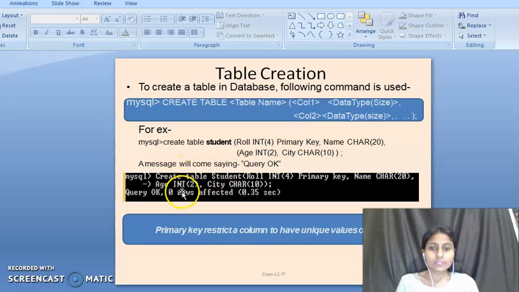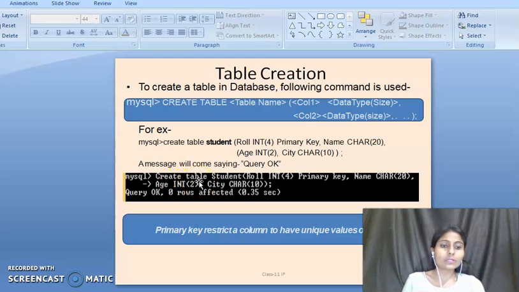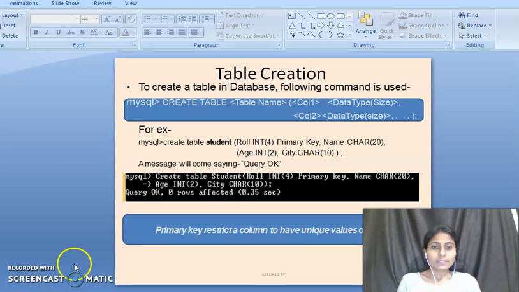Okay, here we can see an example of how we can create the table. So create table, the database name is school, and the table name is student. We use the create command to create the table, so here we will use create table, in place of create database. So create table student.